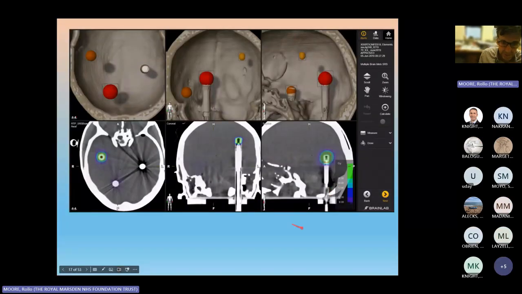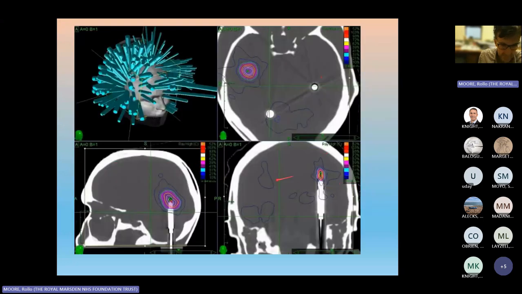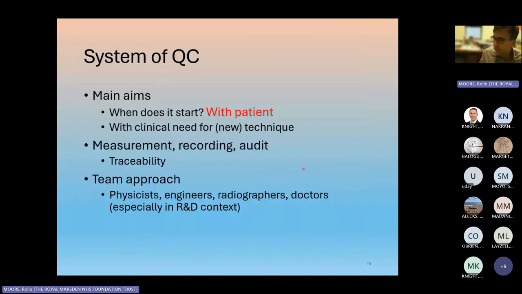So that view that you've just seen corresponds to the beams overlapping with these 3 lesions. And what we in fact measure with our radiation detectors is the very small high dose purplish region within the cloud of the radiotherapy dose distribution. So I'd probably readdress that we start thinking about our QC when a particular patient style or a new technique comes to be designed, and the way in which we record our dosage